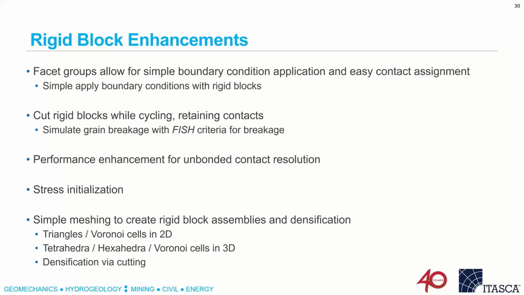So we've enhanced rigid blocks. You can assign facet groups on the facets of your rigid block. This really allows for simple boundary condition application and also easy contact assignment. So you can, for instance, cut a rigid block, assign a face group to both sides of the rigid block that's been cut. So you've cut it into two, so you have two faces, and now you can capture that as having